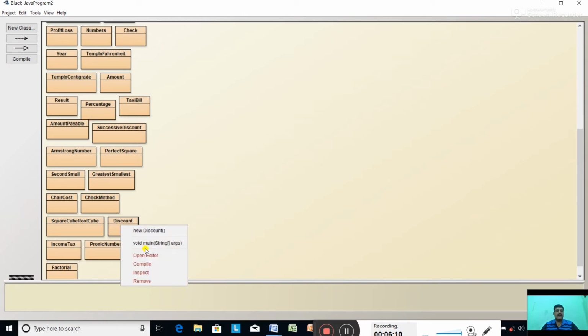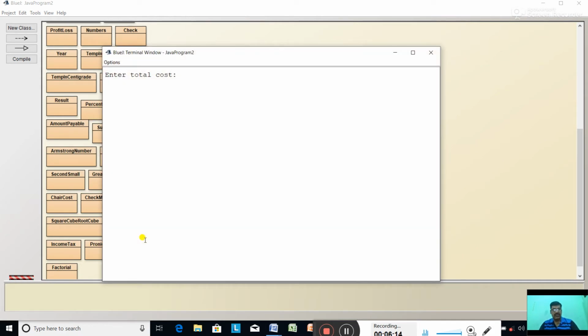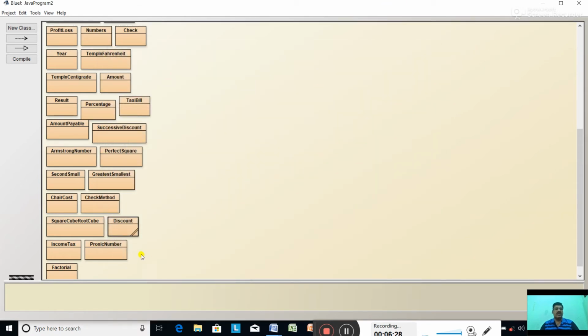Right click, void main. Okay. Enter the total cost. Suppose 6,789. The amount to be paid after deduction of the discount is 5,771 and the gift is a wall clock. Okay. Now again